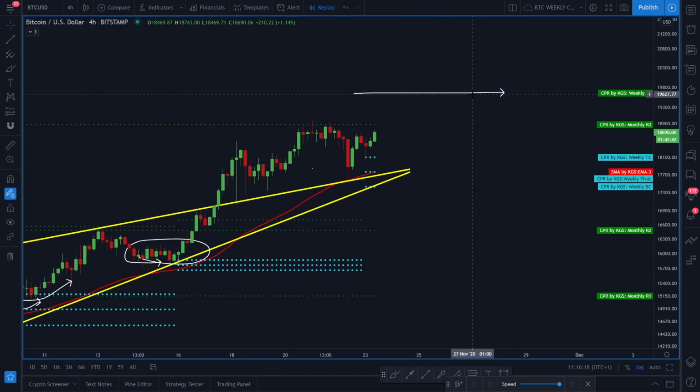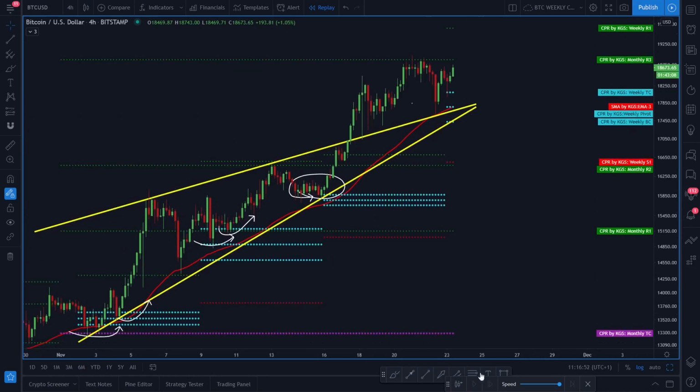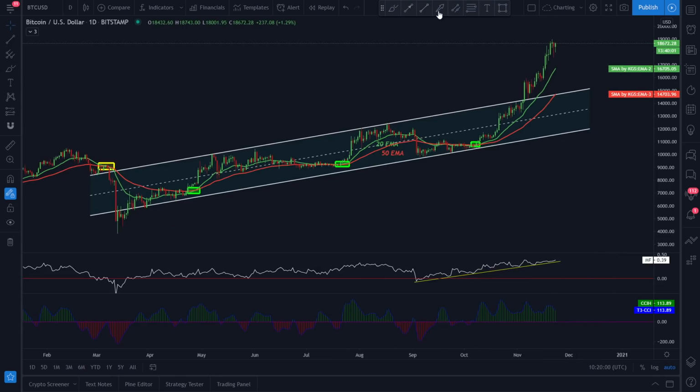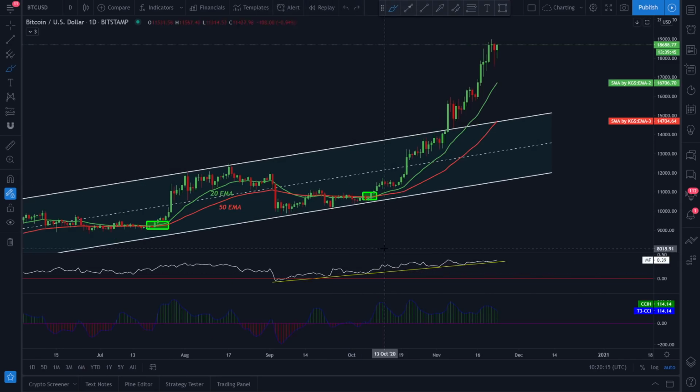And as I've already said to you guys, 19,500, 19,600 is going to be our next target area, right? So now let's also look at this in a daily time frame. Coming back to this price action of Bitcoin in a daily time frame, as you can see, the price has clearly broken out of this ascending channel, and it's also indicating how bullish the strength is right now. Because if we look at the moving averages, this crossover here, the 20 exponential moving average crossing over the 50 exponential moving average,